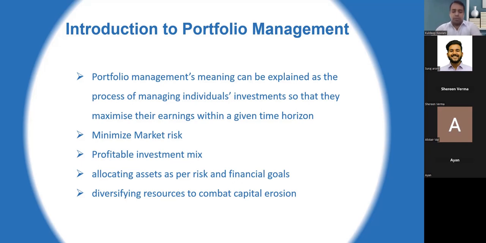So basically, what we do is we majorly invest in terms of a portfolio. So in a portfolio we allocate our money. When we're talking about a portfolio, we're talking about the financial portfolio. So we allocate our money in different assets. Majorly we talk about four assets: equity, debt, real estate, and gold. I'm not going in depth because we've already covered what all these assets are and what their applications are.